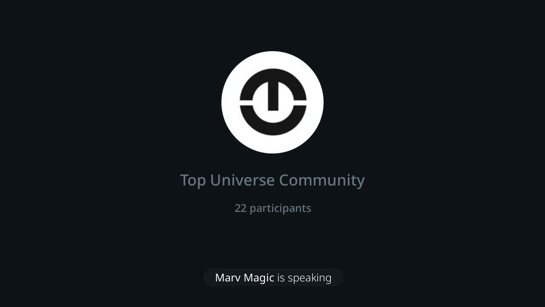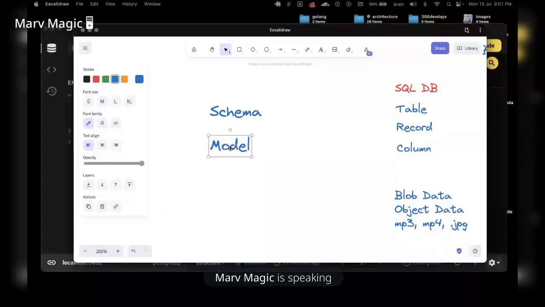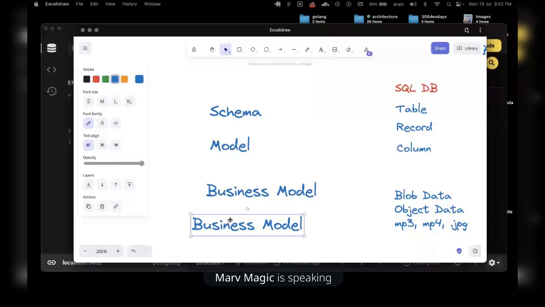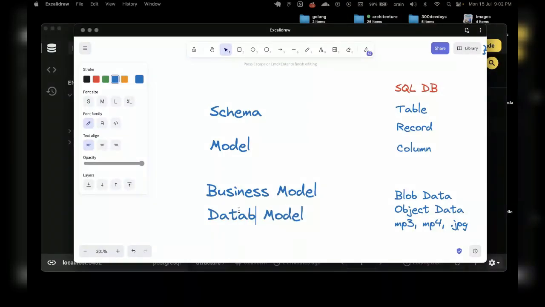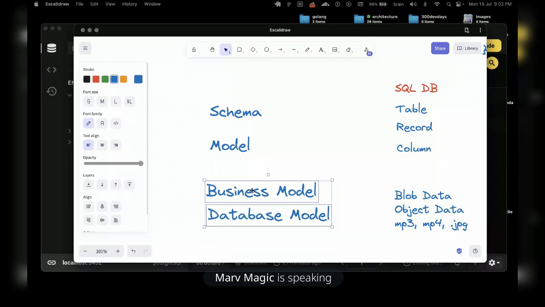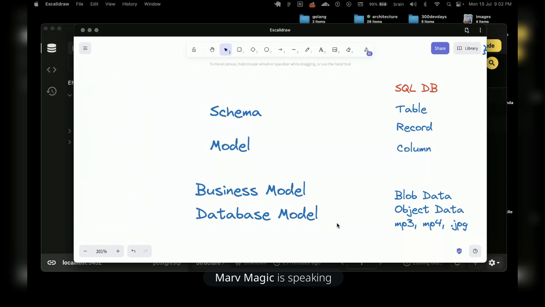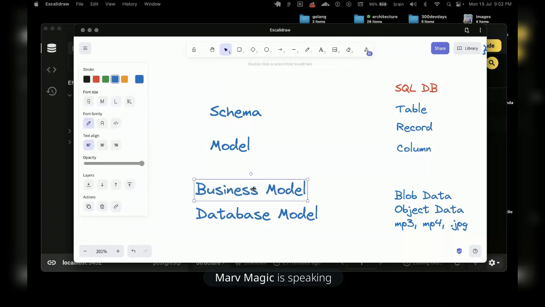What I tend to call a model is basically what I use to set up some sort of structure. I can say this is my business model. I can say this is my database model. So I create this model, and this model defines how I store that record inside my DB. This business model defines how I've created the blueprint for those actions inside my code. Now for schema,